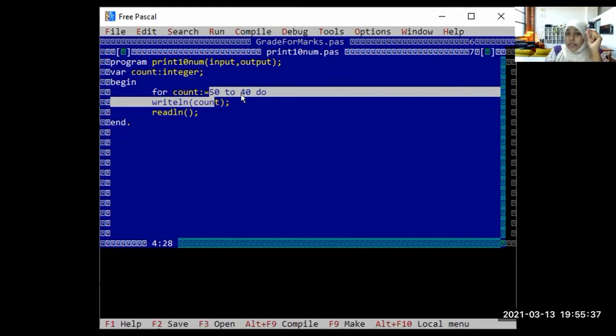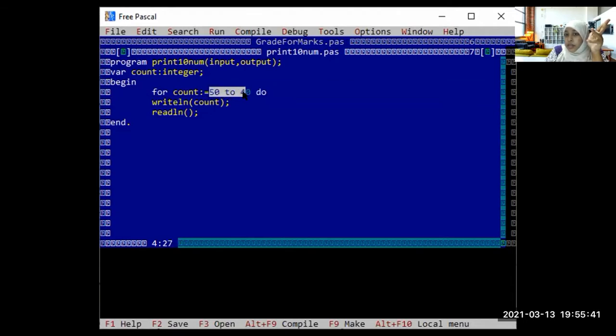Second one, the second value. Now there will be two values here, right? See, 50 to 40 do. When you are using it like this, the second value should be greater than the first value. So we can't use 50 to 40. The second value should be greater. It can be 51. 51 is greater than 50, right?